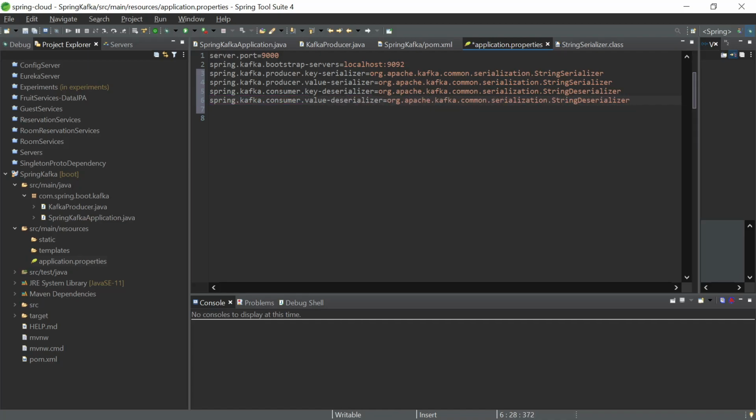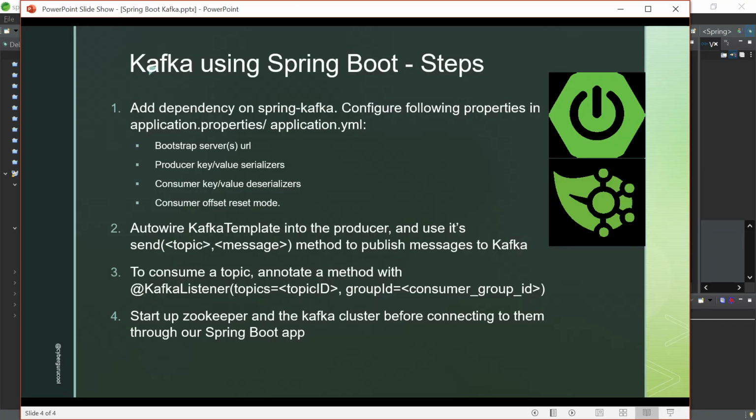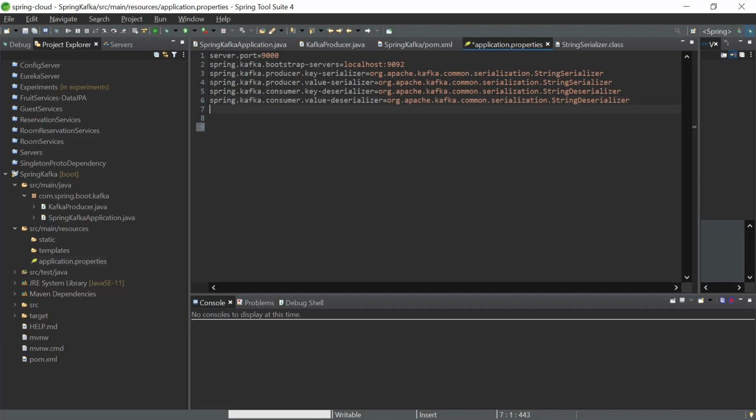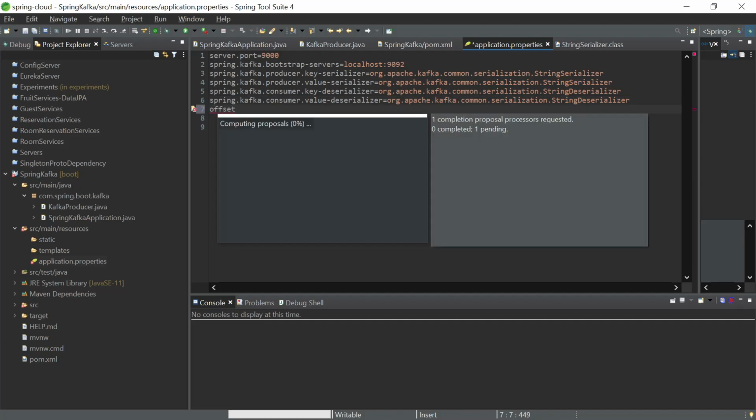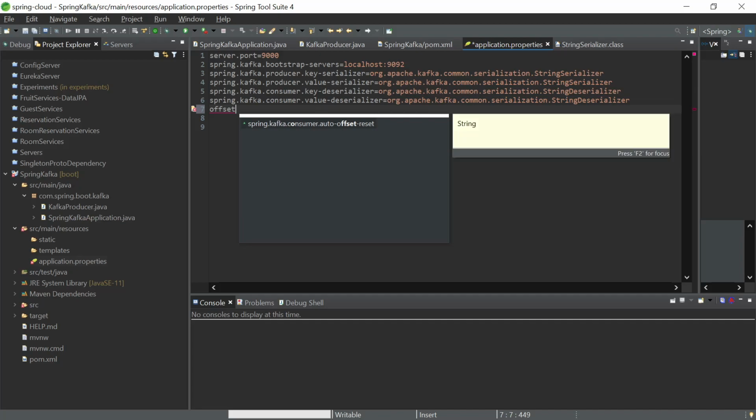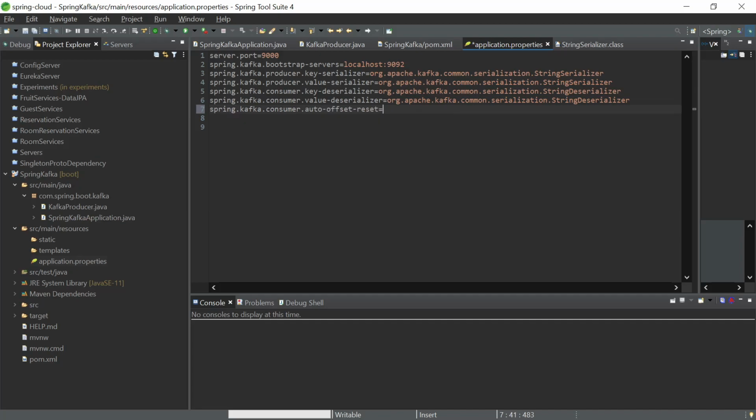All right, and I think that's all we need. There's one more value that we can specify, and that is the consumer offset mode. There are actually many more values that we can specify, but we'll talk about consumer auto offset reset here.